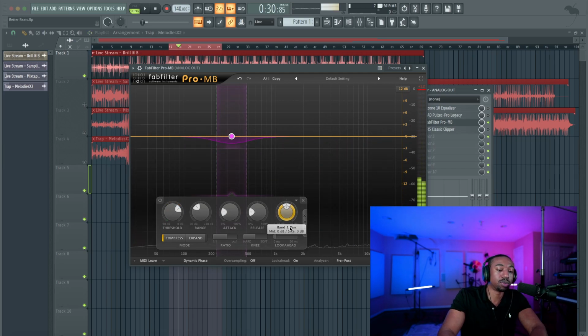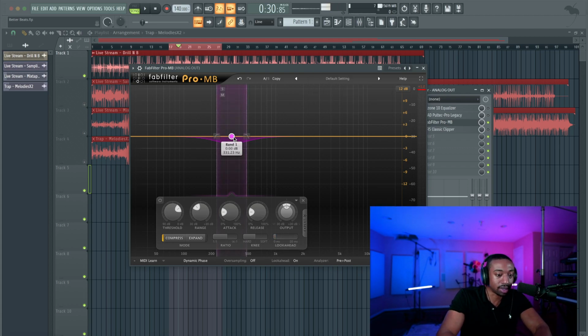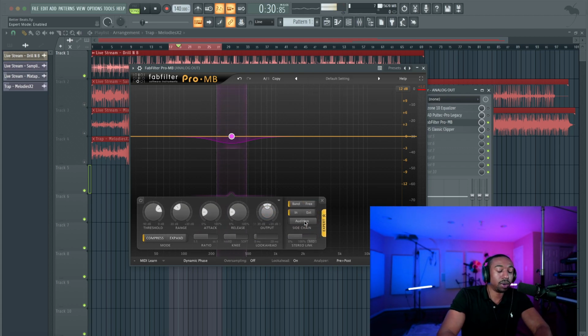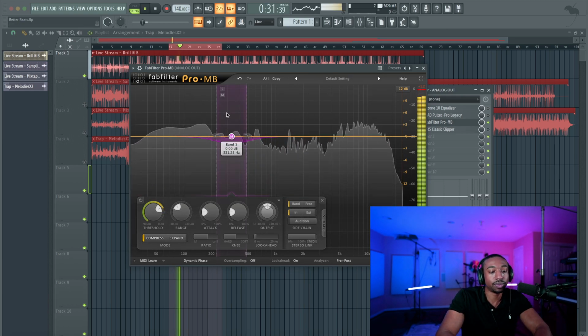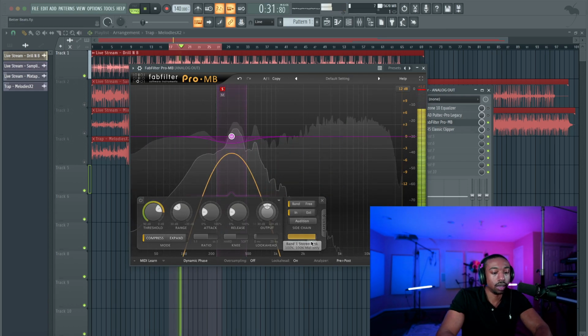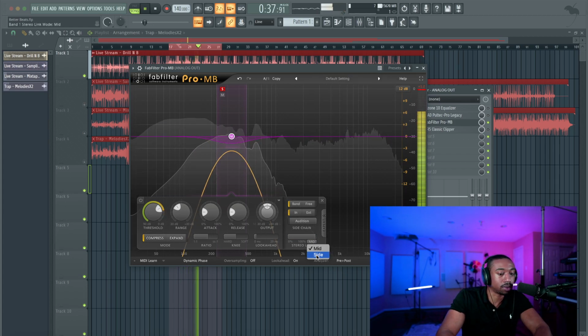Now, again, most people only think about the left and the right ear. What about the middle frequencies and then the side frequencies? So let's switch this. If you go to expert mode, you can actually switch this. This little thing here, it took me a while to understand, but basically if you pull it all the way to the right, you can make it solo something. So in this case, it's going to solo just the mid directional signal. So this is just mono direct signal in this frequency range. Now what happens if we switch it to the side mode?